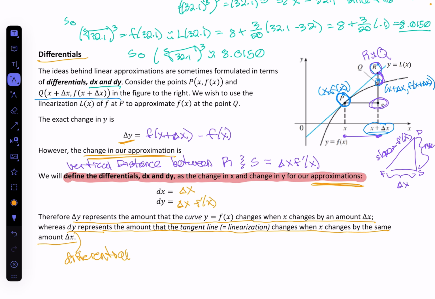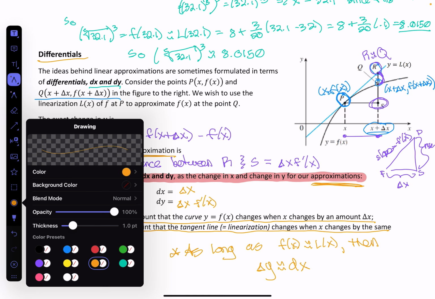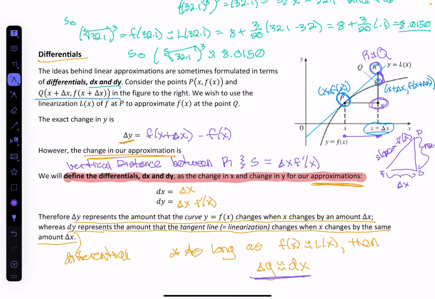Now, as long as f of x is close to the linearization value, then the exact change in y should be close to the differential dy. And so just as we used the linearization to approximate function values, we can use the differentials to approximate the change in the function values. And that is all we will have in this